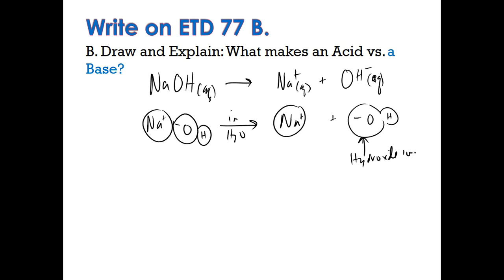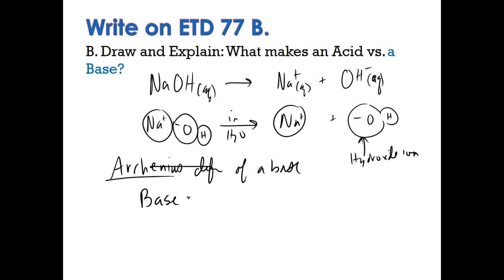And typically already this year we've learned that when you see a hydroxide, hey, that's a base. You see a hydrogen, that's an acid. Well, Arrhenius is the guy that noticed this first. He's got a weird spelling to his name, Arrhenius, right? And he had a definition of a base. I'm all about that base. If we look at the base, a base is a substance, Arrhenius said, that produces